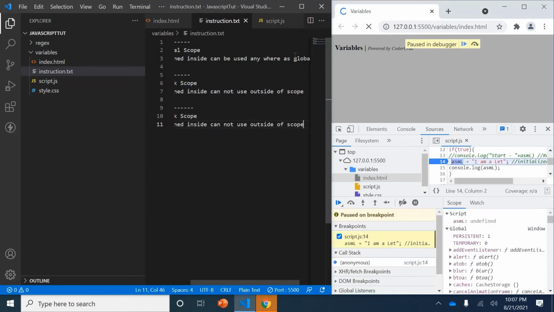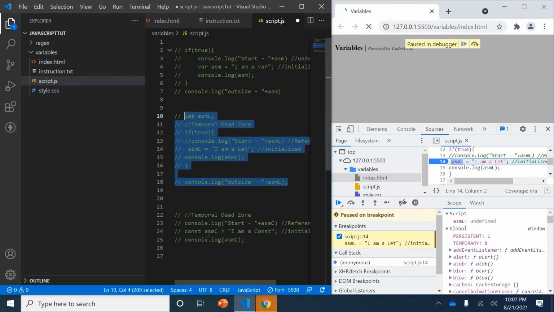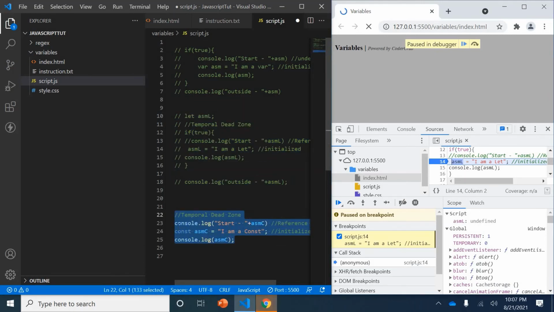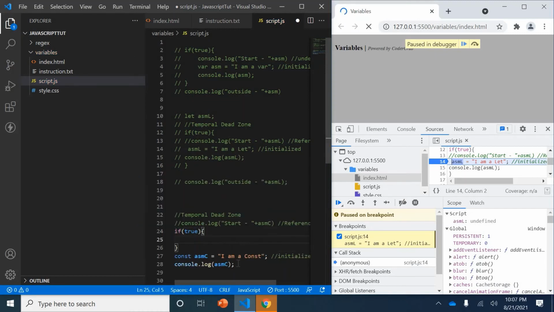Now one more thing we should see is, can I take this and put this for a const? Let's see, this is having a reference error, let it be. So what I'll do is put if true, and have these two lines inside it, no issues for me.